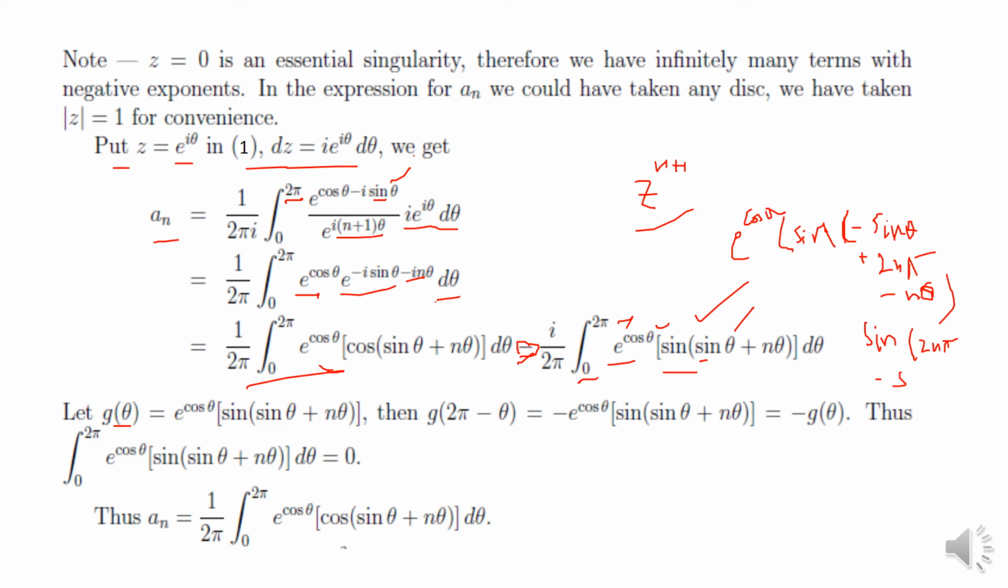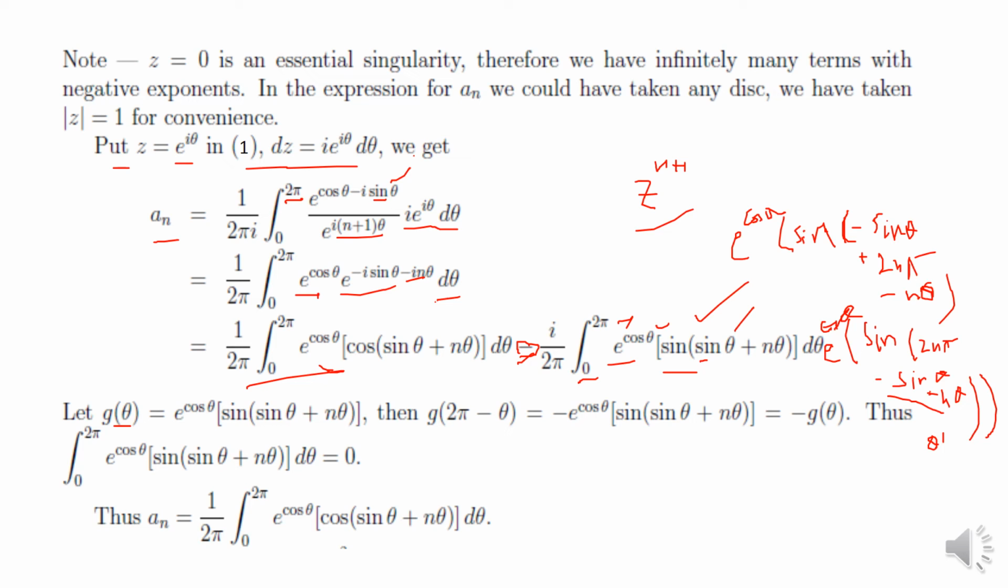So what happens, it is basically sine n pi minus sine theta minus n theta. This is the value outside e to the power cos theta. Here e to the power cos theta. So this will be equal to,